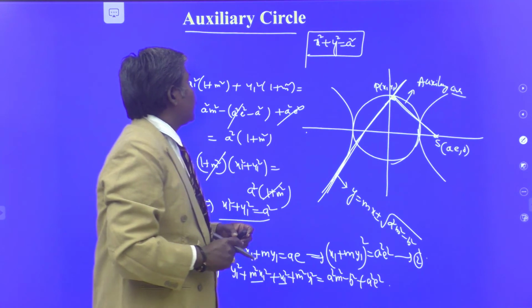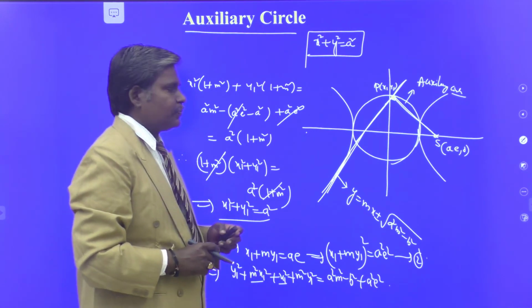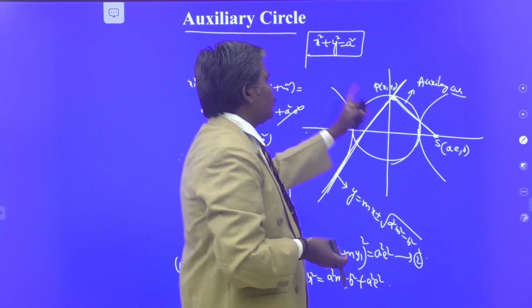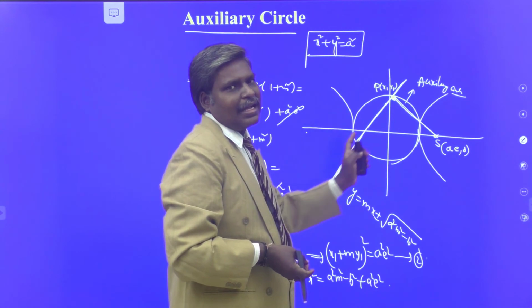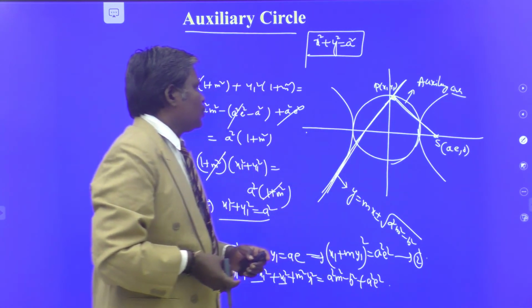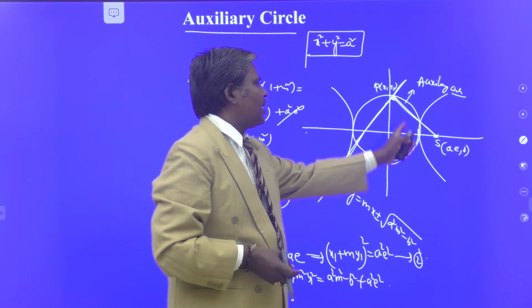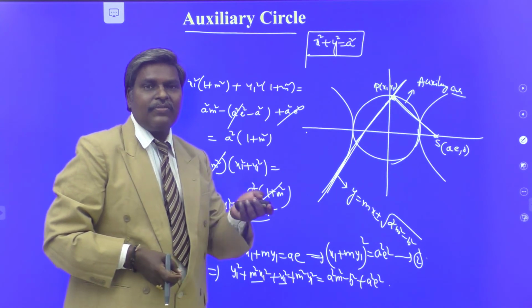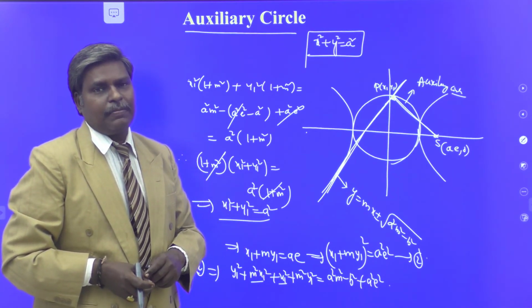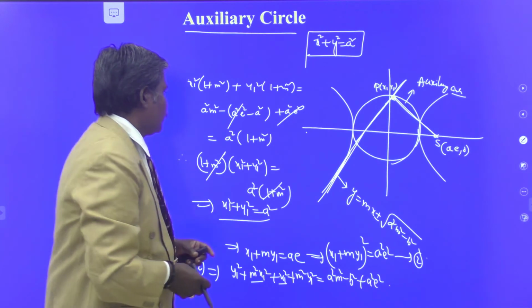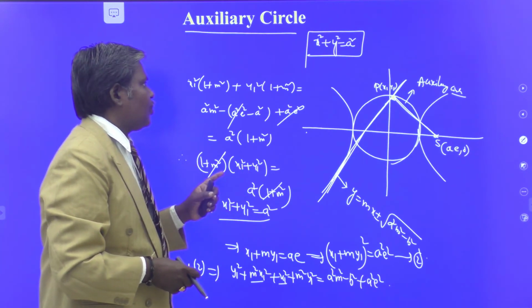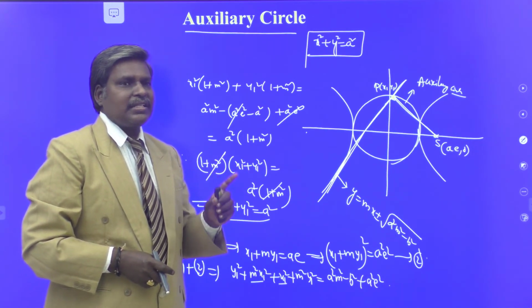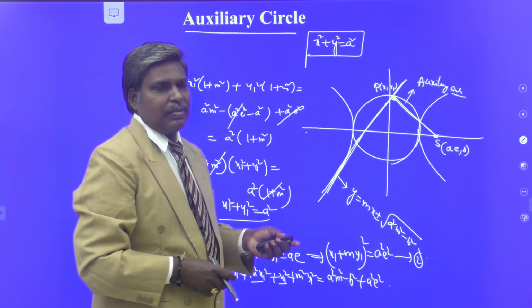So, in this manner, we can define the auxiliary circle also. Locus of foot of perpendicular drawn from where to where? Focus to tangent must lie on the auxiliary circle. Understand? So every foot must lie on what? Auxiliary circle. What is the definition of director circle? Locus of point of intersection of perpendicular tangents to the hyperbola as well as ellipse. So the director circle equation for the hyperbola x square by a square minus y square by b square equal to 1 is x square plus y square is equal to a square minus b square.